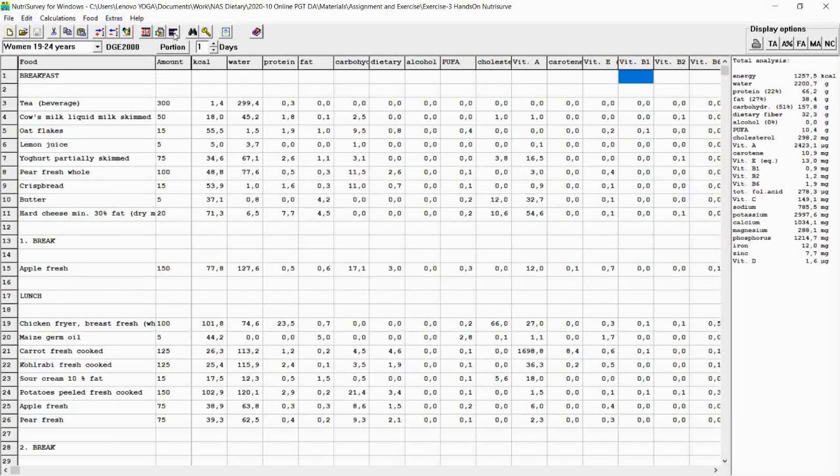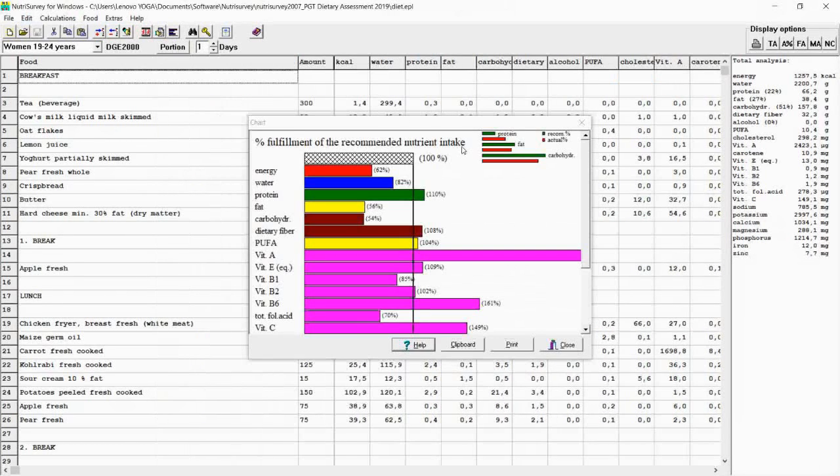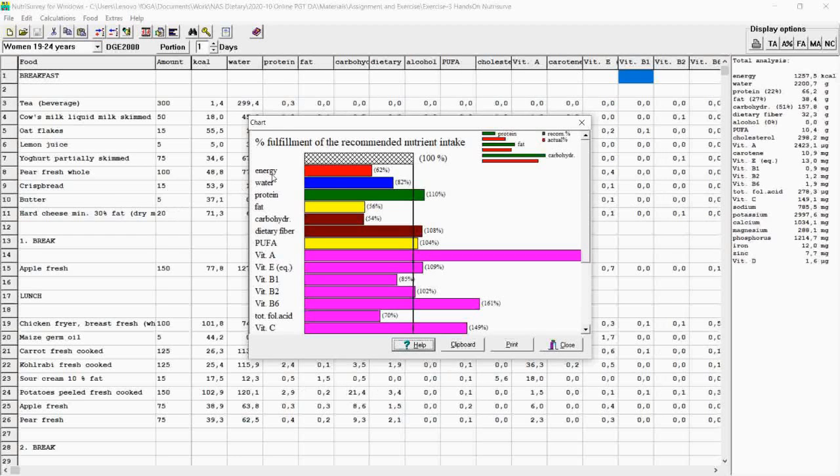Beside the report, we can also click the chart. This chart is showing the percentage of fulfillment of the recommended nutrient intake. If we can see, the small chart on the right side is showing the comparison between the percentage of actual intake with the percentage of recommended intake for macronutrient. And this shows the percent fulfillment for each nutrient, macro and micronutrient.